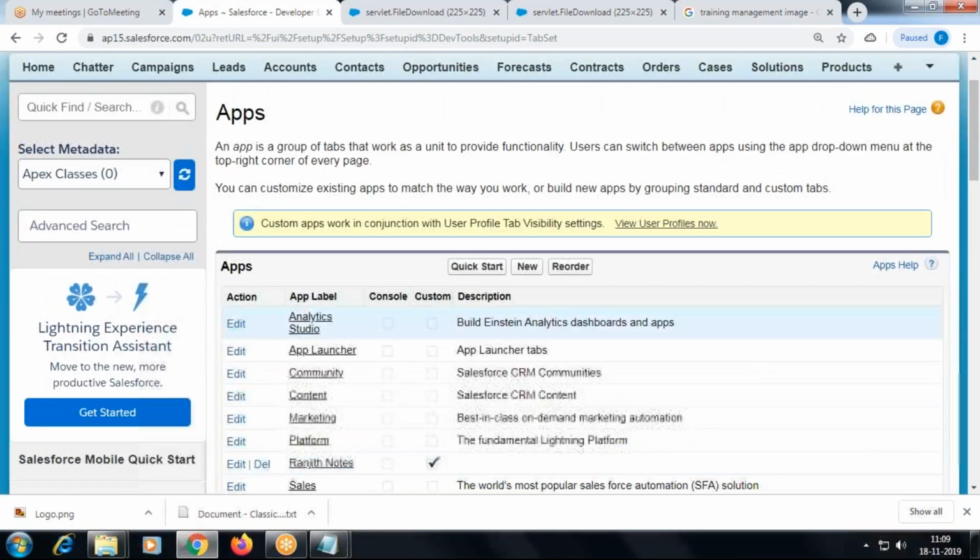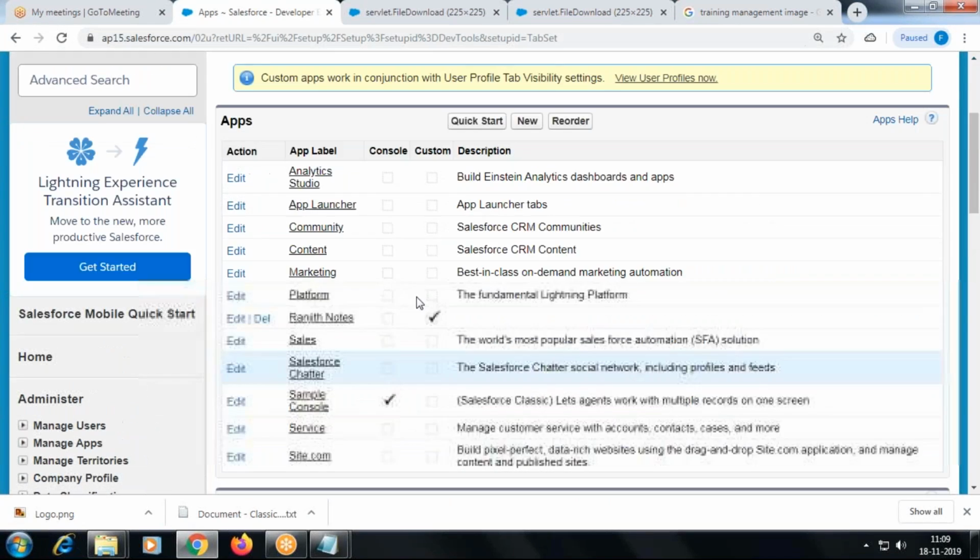So the page shows all the existing applications. I created an application for you to access the notes. It's a custom application. So there is one custom application I already created, and the rest are standard applications, so the custom checkbox is not enabled, right? This is the place where I'm going to create an application.